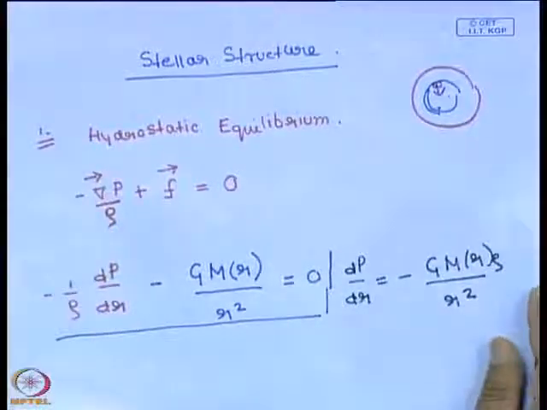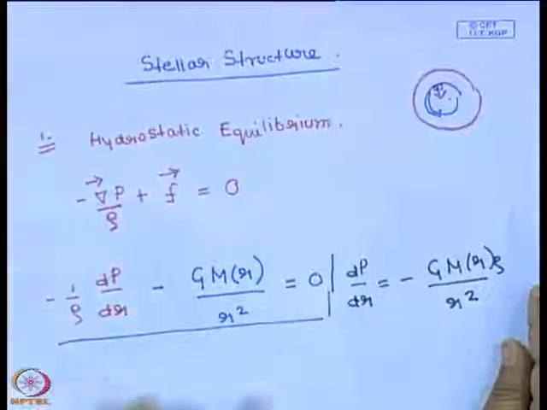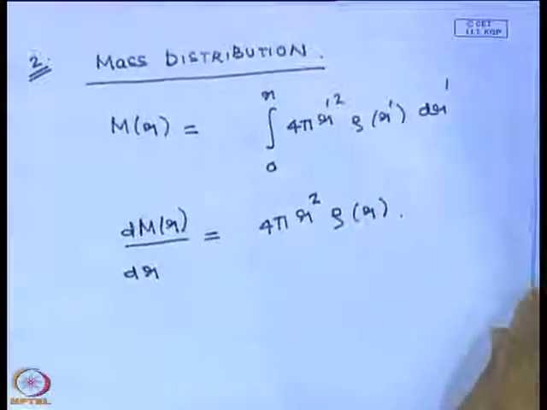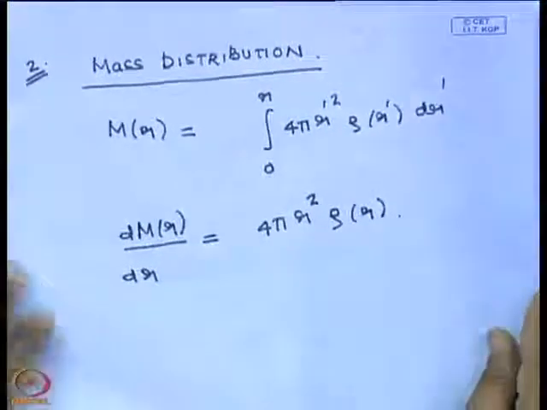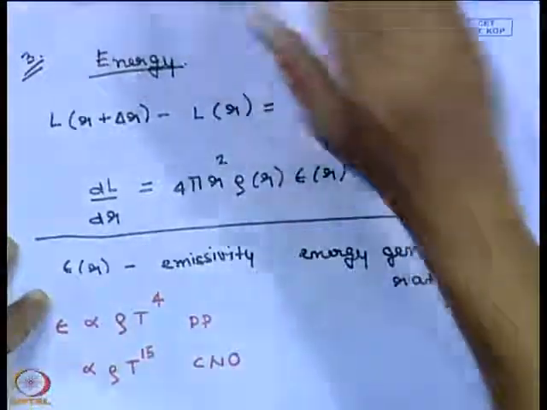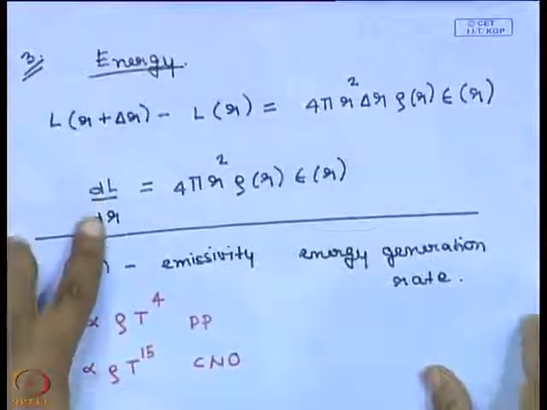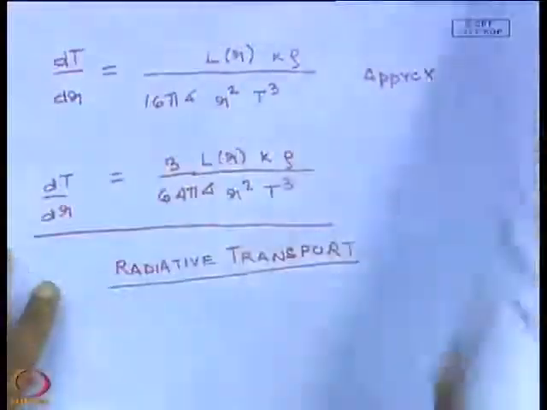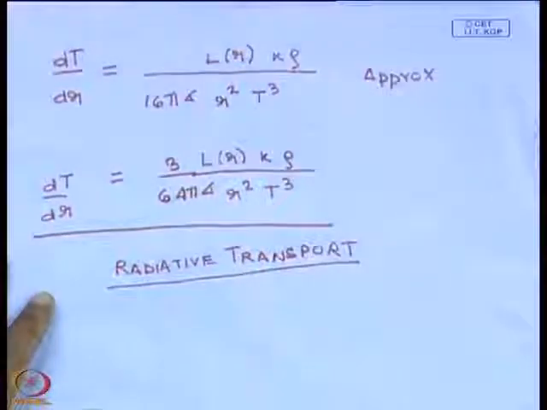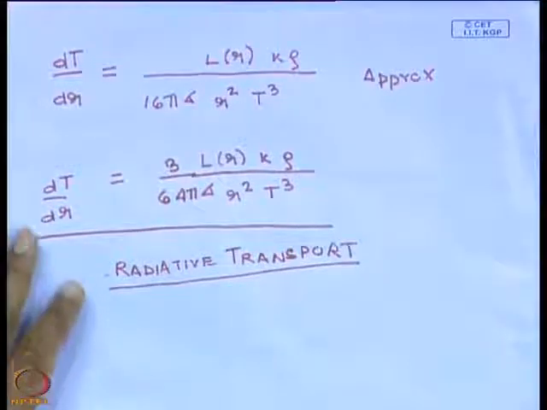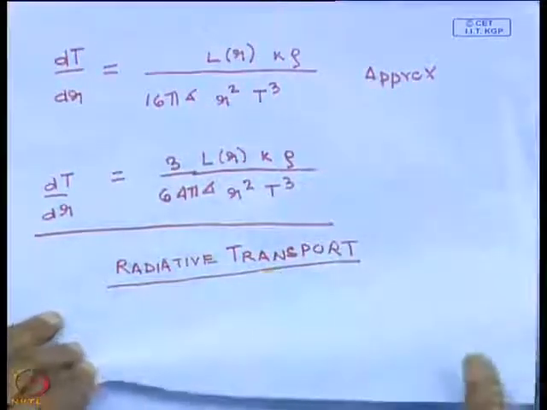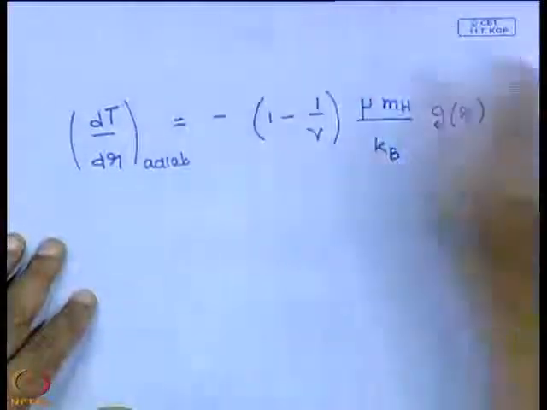This gives the pressure as a function of R. The second is the mass distribution. The third is the way the luminosity changes with distance, and the fourth is the temperature gradient, which is decided by the energy transport mechanism. If it is radiative transport, you have this. If it is convective transport,